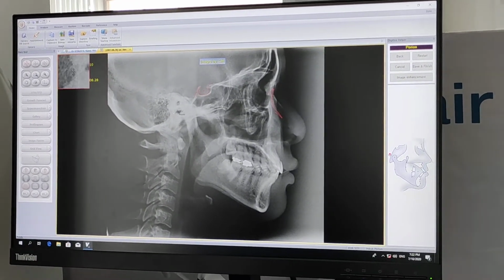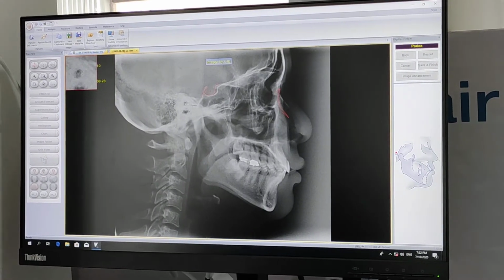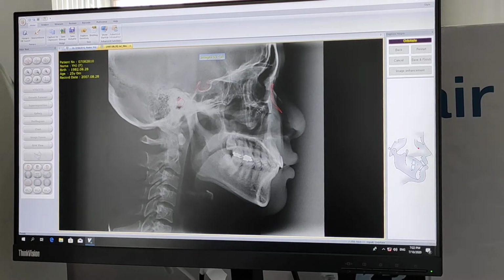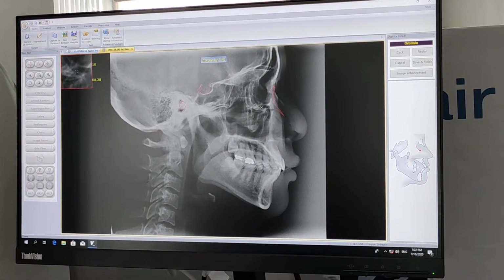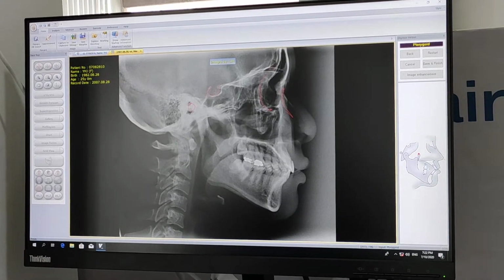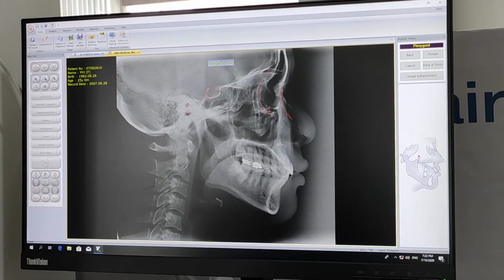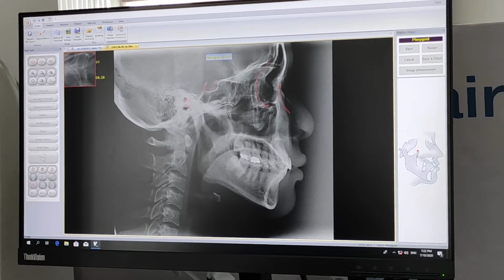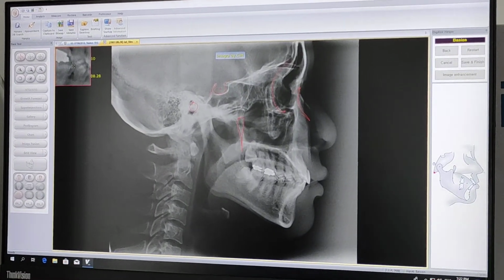Then Porion, I have something over here. This is the Porion point for me. Then orbital, this is the orbital point for me. A pterygoid point is somewhere over here. Okay, this one is the pterygoid point.